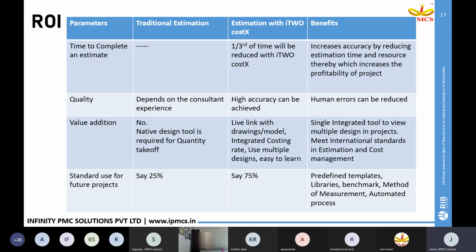We can save our method of measurement standards. And as I told, we can prepare complete predefined templates for quantity takeoff, estimation and rate analysis. We can save our older projects as a benchmark for newer projects. And when we have a complete template, we can make use of a completely automated process for our estimation.